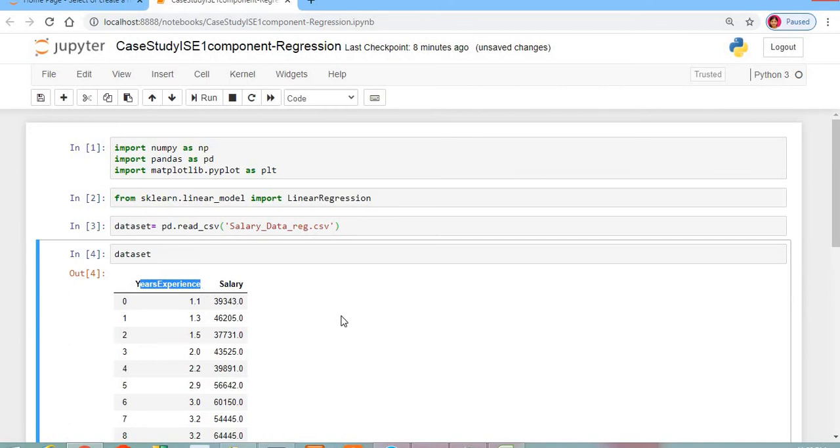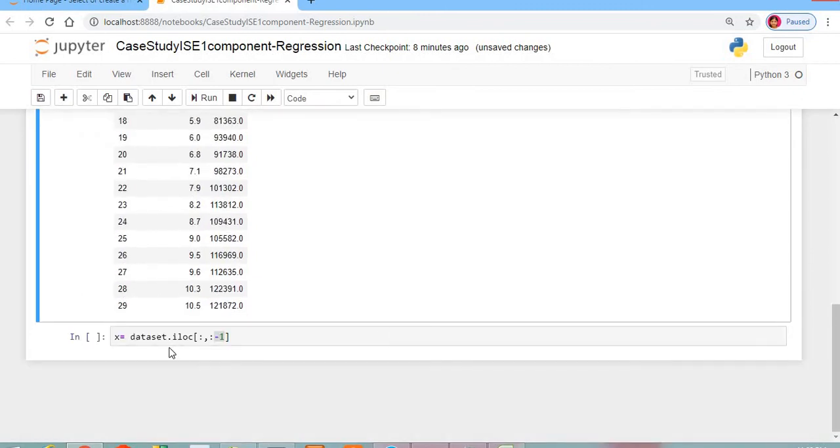So we will be taking only that much. But what if there are 5 columns, 1 2 3 4 5, and we don't want the 5th column to be included? We want only 1 2 3 4 to be included and the 5th column to be excluded.